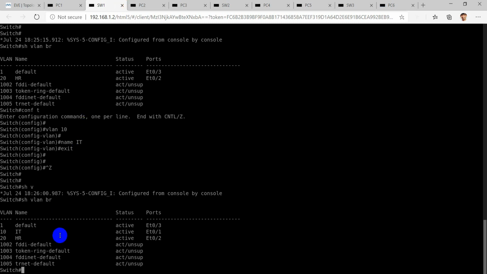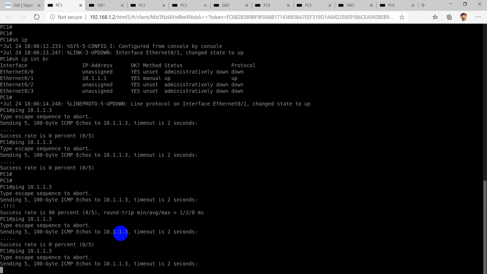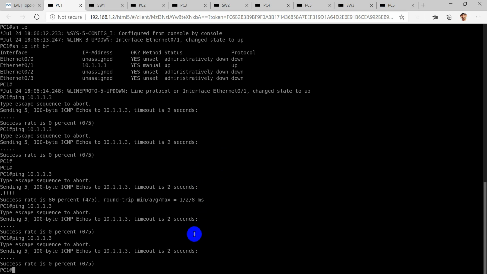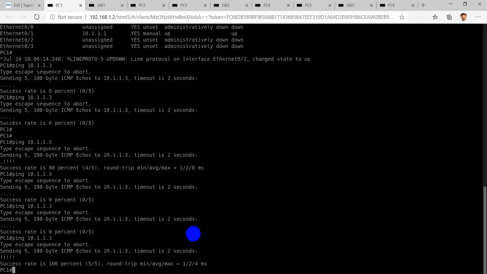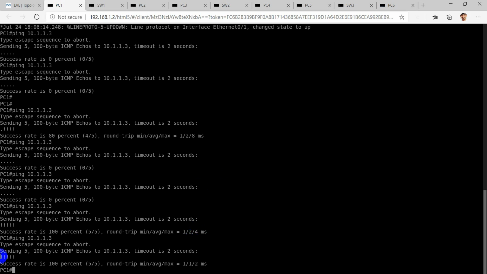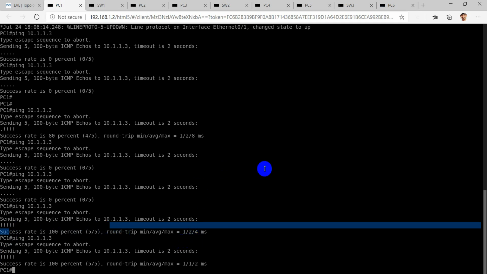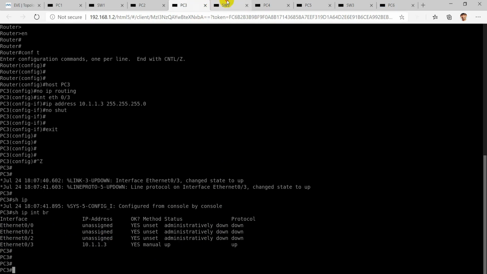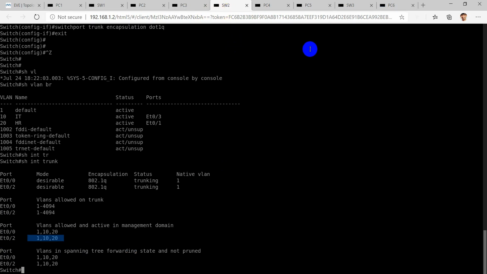You can see that now the port is here, and if we try pinging PC1 and 3 now, you will see that the communication will happen. You can see that now the communication is happening. So this would be all for this topology.